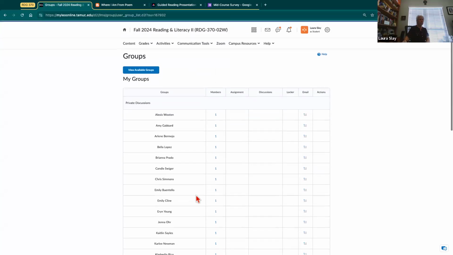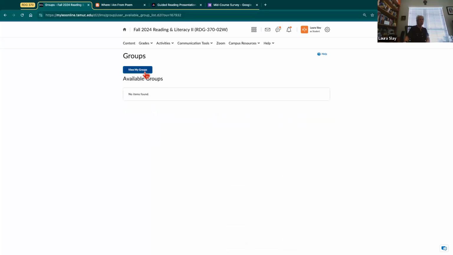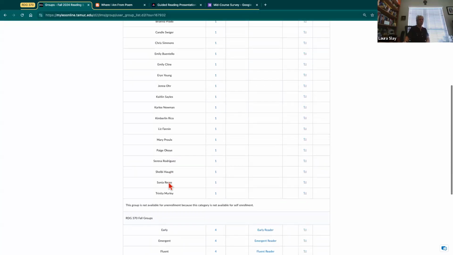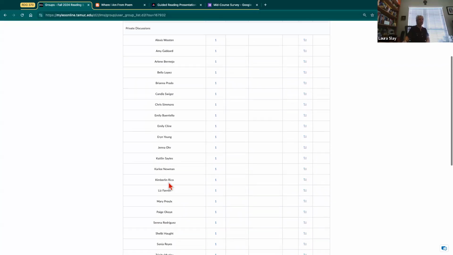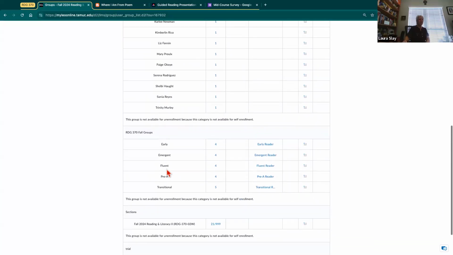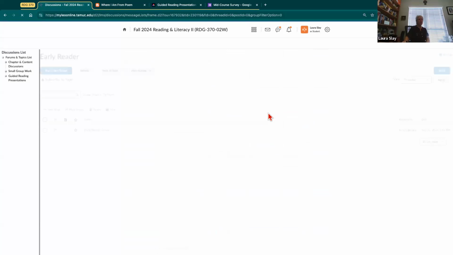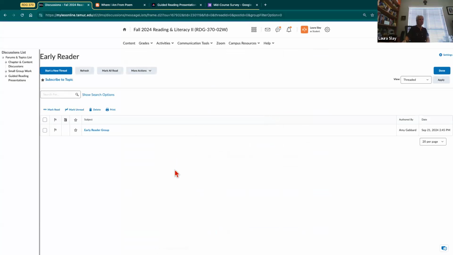There's the groups individually. Let's see, I'm going to click on view available groups. And my groups, well, see, I'm not a student, so it's not going to work there. Ah, look at that. If you just keep clicking, going down, down, down, you're going to see the groups that are here. So you can see the early reader group, for example. Let's say that's your group. You click here and let's see, what could you do here? If you click here,